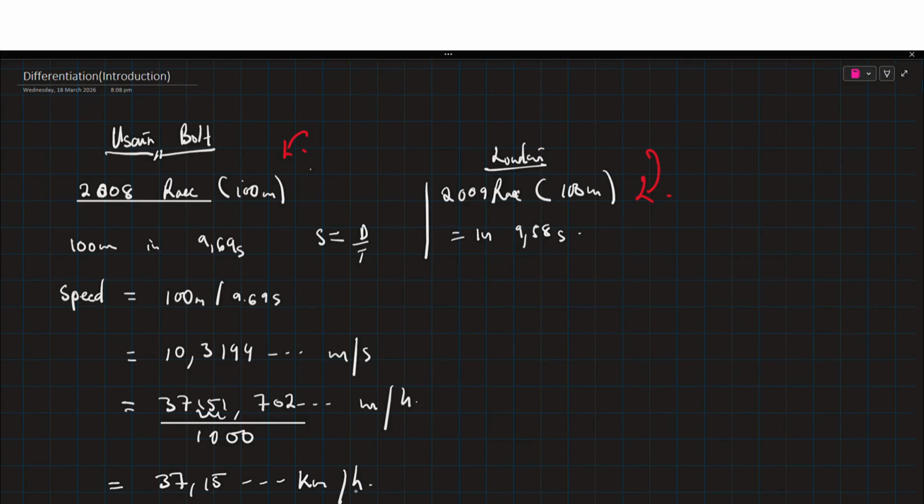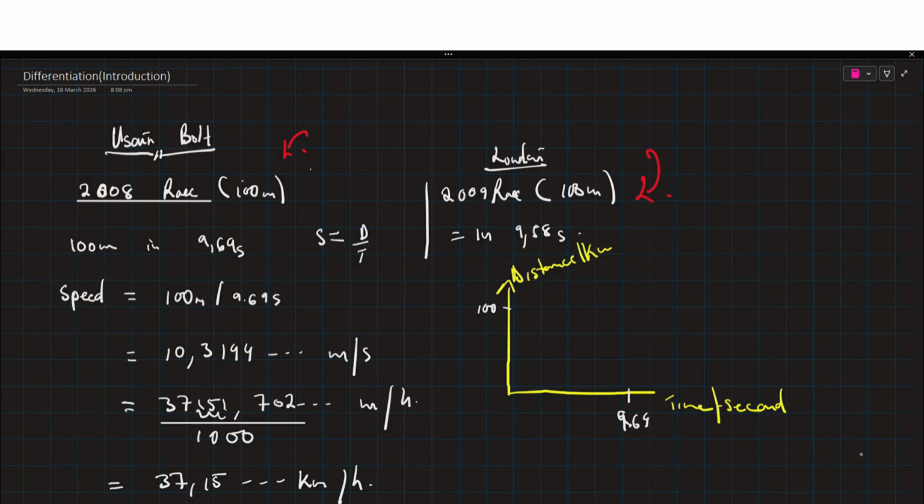This is the speed that we are saying at average. Remember, this is average things we are dealing with. It's not yet the exact thing at the exact point. So now let's think. We want to go visual. If we are to be asked to draw a graph to represent his entire race from the beginning of the race to the end of the race, we are going to have something like this, which is distance here and time here, and this time is in terms of seconds, and the distance is in terms of kilometer. It was a 100-meter race, and the time he completed the 100 meters was